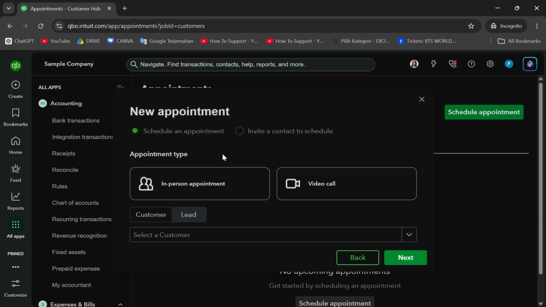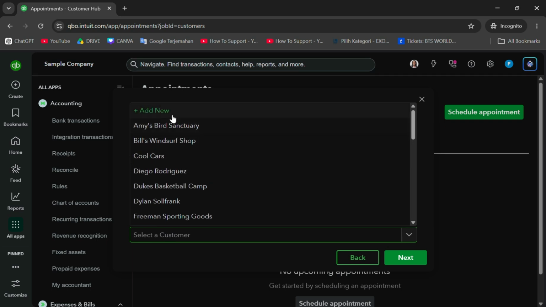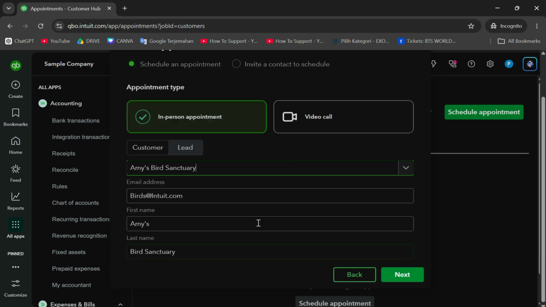mean, and then you can choose the appointment type, in-person appointment or video call. It's up to you. I'm going to choose in-person appointment, and you can choose the client or the customer, and then you can select your customer. This is all of your customer list. I'm going to choose maybe this one, and then there will be all of their data, and then just click